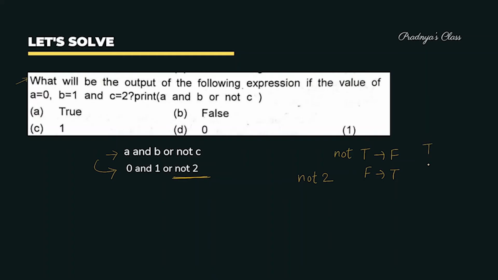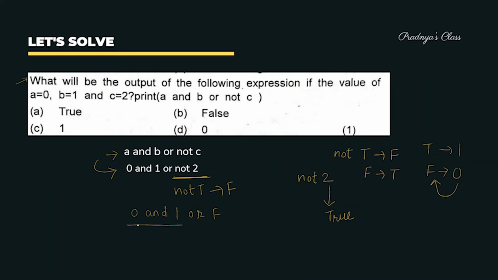ये जो दो बुलियन वैल्यू होती है ट्रू और फॉल्स, इसे हम नंबर में भी डिनोट कर सकते हैं। तो फॉल्स होता है 0 और ट्रू होता है 1। और ये बाकी सारे जो नंबर्स हैं उसकी भी अगर हम बुलियन वैल्यू चेक करते हैं तो हमें मिलता है ट्रू। तो 0 का मतलब तो फॉल्स है और बाकी सारे नंबर्स का मतलब होता है ट्रू। तो ये एक्चुअल में क्या है? नॉट ऑफ ट्रू है, जो कि हमें मिल रहा है फॉल्स। सो ये सॉल्व होने के बाद हमें एक्सप्रेशन मिल रहा है 0 and 1 और फॉल्स।